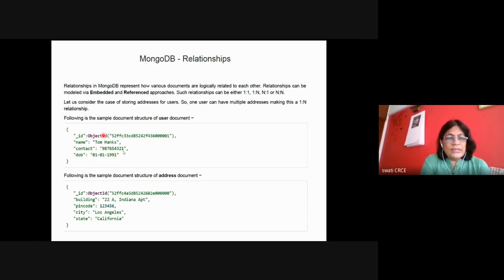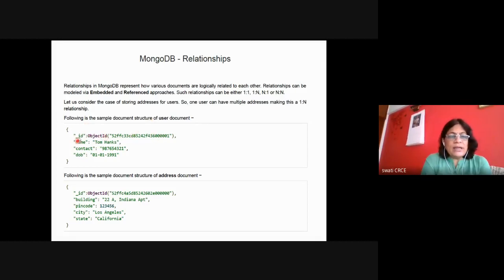You have a user table. Okay, so this is your user table. For every document, an ID is generated. We are not creating any ID. The ID will be automatically generated, and it is a string. So this is an ID field automatically created, and its value is generated by the system.